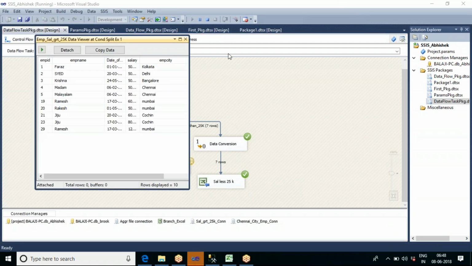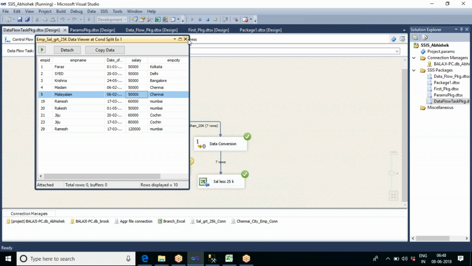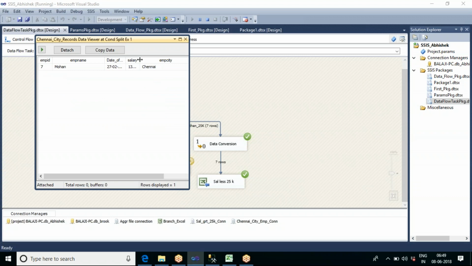So this is the salary greater than 25K. Now you can see two Chennai records are already pushed into this pipeline. Because of that reason, we have only one record coming in the Chennai city records output.